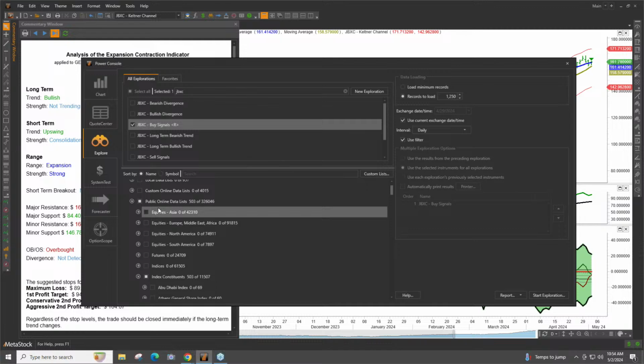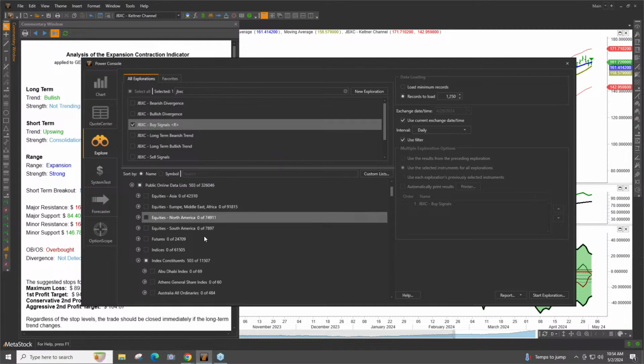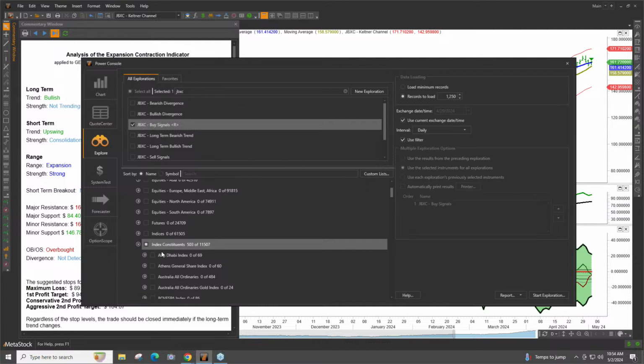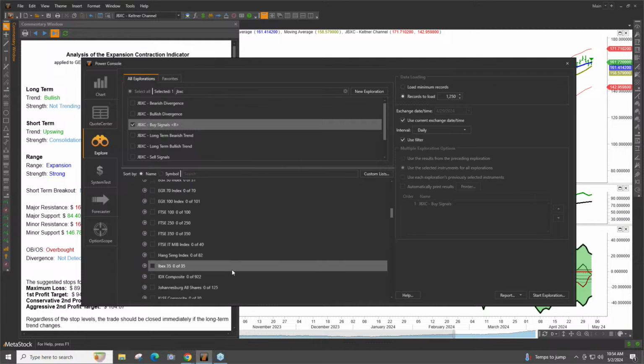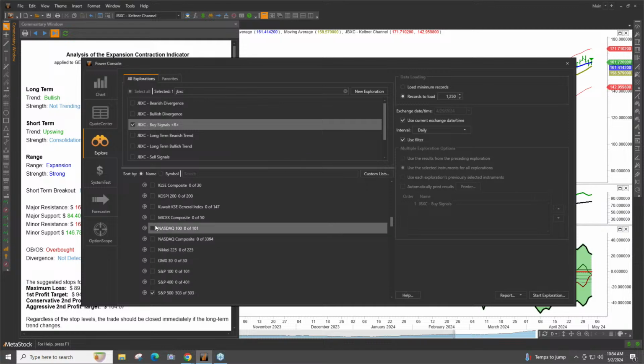I think the only market that I wasn't able to get one time was the Jamaican Stock Exchange. Almost everything else is covered. There's about 326. But for me, when I'm usually running a scan, I want to find stuff that's generally pretty liquid. And what I'm going to do is come down here, and I've got the NASDAQ 100